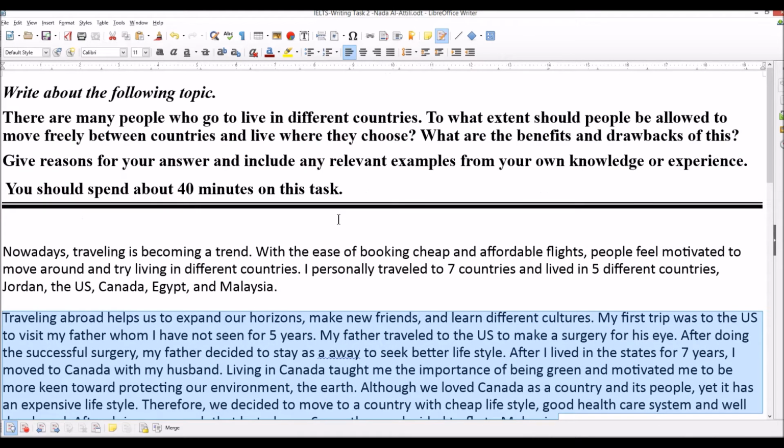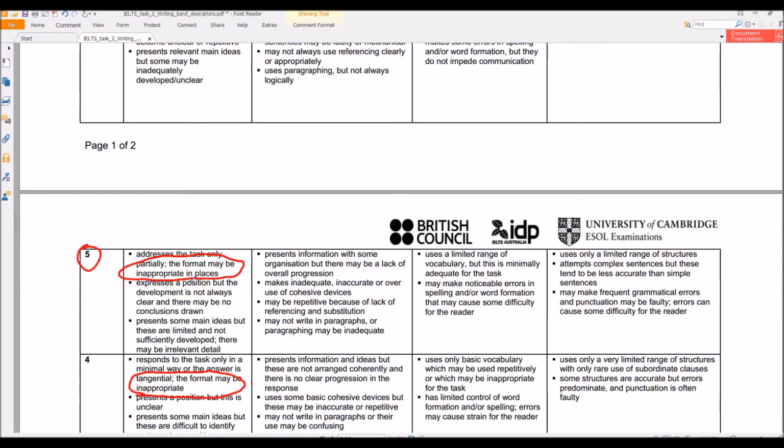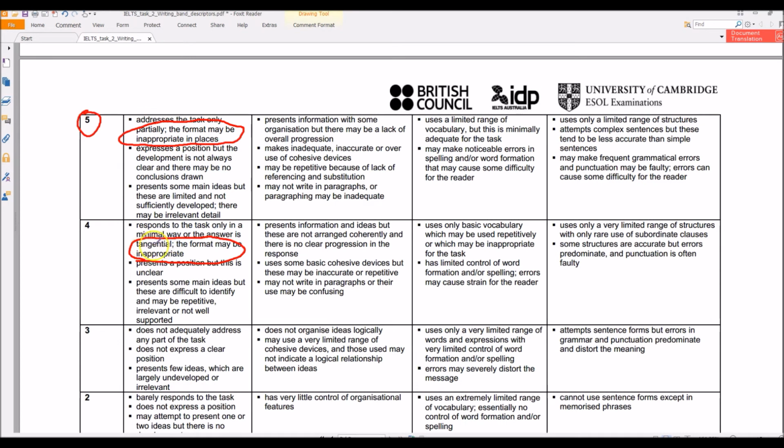It's about the topic of travel or living in different countries, but that's not what the question is. The question is asking, to what extent do you agree that people should be allowed to move freely and live where they choose? So all this is doing is basically the author's own experience of what they have done, where they've been. So it doesn't answer the question, it's basically irrelevant. So tangential, in other words, it's a tangent, irrelevant,